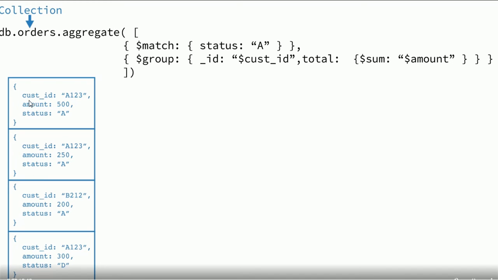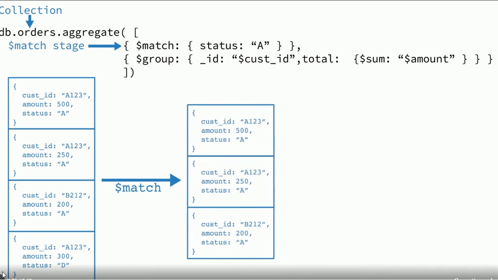Here you have status A and status D. The first stage is a match which filters the documents and passes those documents which match this criteria. As you can see, this one is discarded. It is not matching this criteria A. So these documents are grouped.